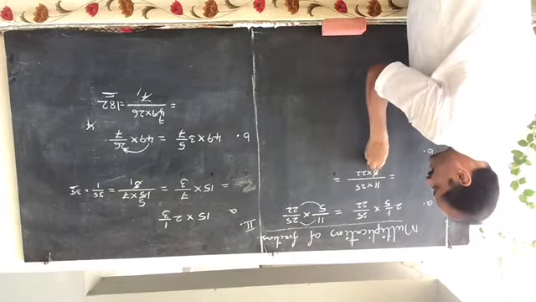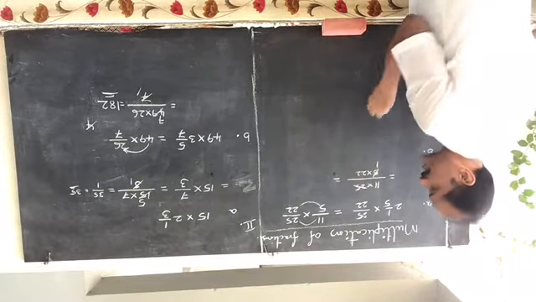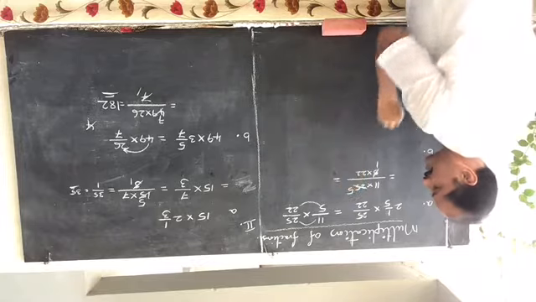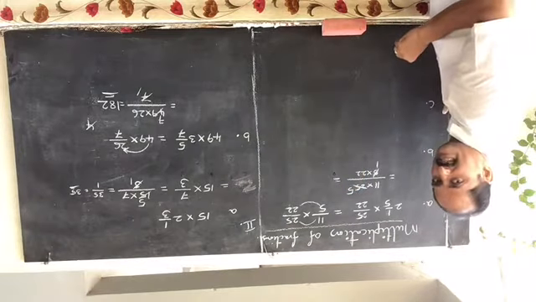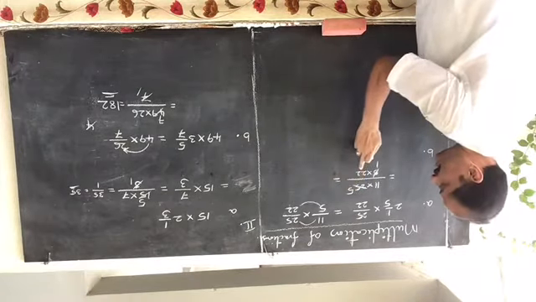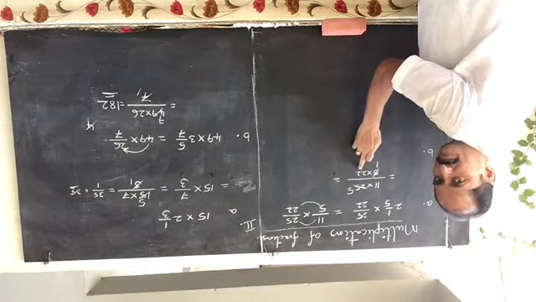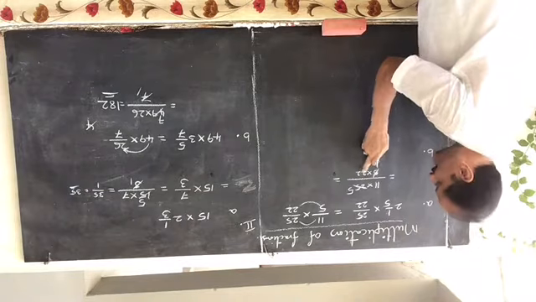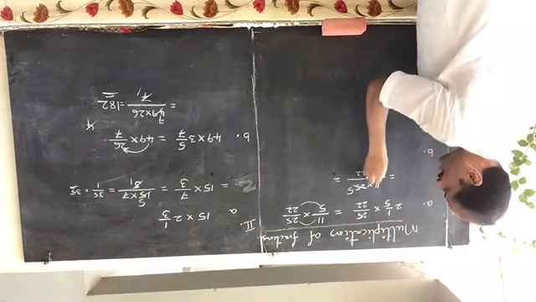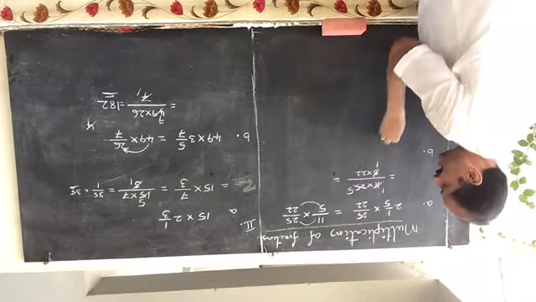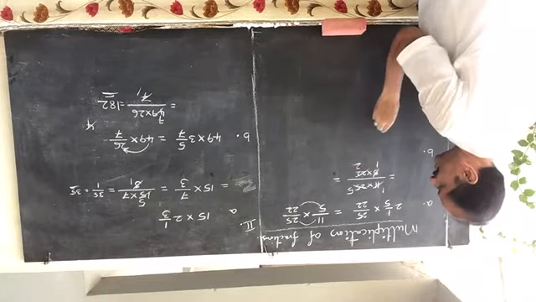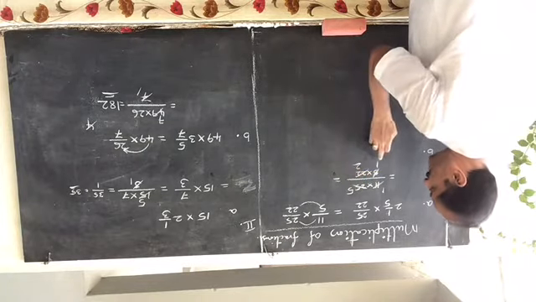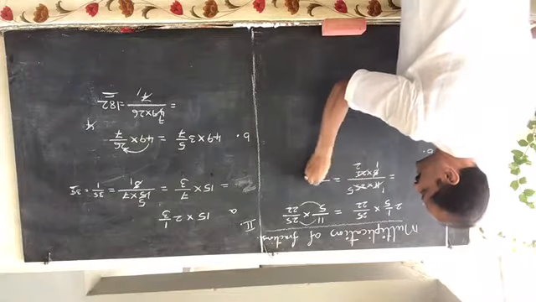How many 5s are there in 5? One. How many 5s are there in 25? Five. Then observe carefully again. Is 5 a factor of 22? No. Is 11 a factor of 22? Yes. So in 11 and 22, how many 11s are there? In 11 there is one 11, and in 22 there are two 11s. So 1 into 5 is 5 by 1 into 2 is 2. 5 by 2 is the product.